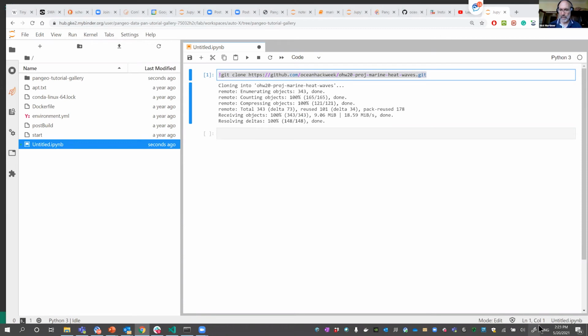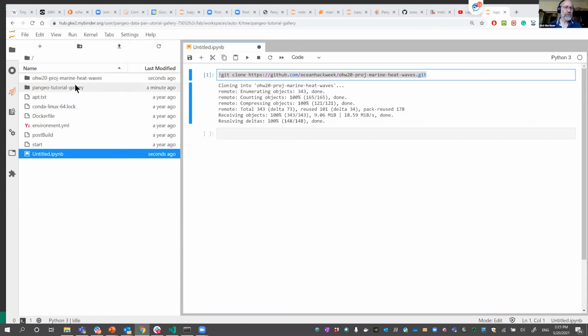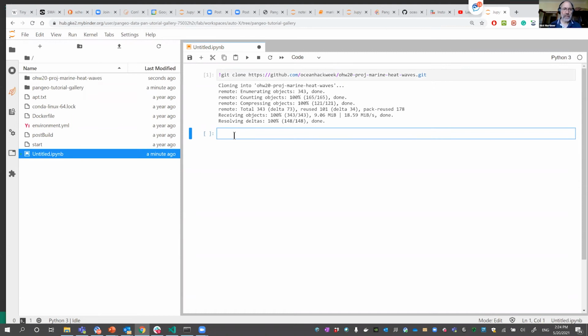I'll stick that there. So if you create a new untitled notebook, and then just type that in, the exclamation mark means it's a shell command, then git clone Ocean Hack Marine Wave Heatwaves. That will then copy there, and all of a sudden you've got this directory over here with some code in it. But I happen to know that